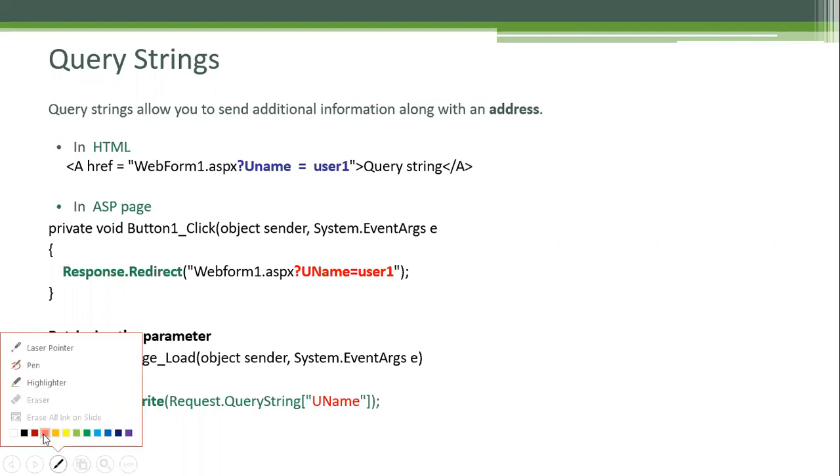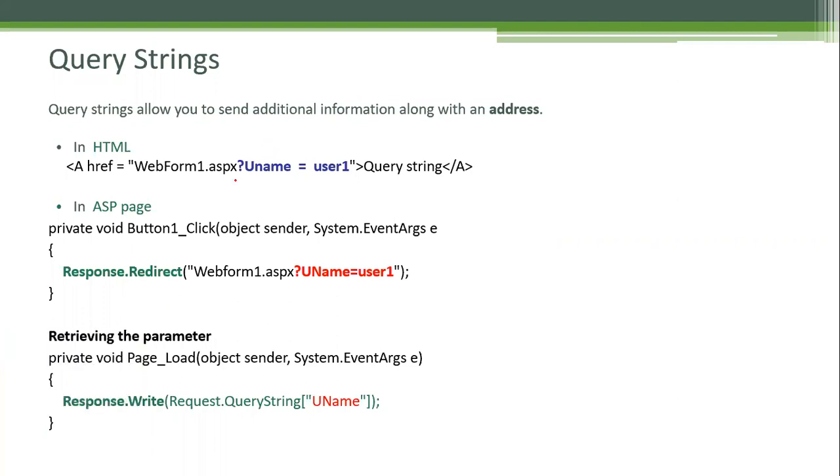So the values will be appended at the end of the URL like this. After the end of the URL, we have to give a question mark, then our key name and its value. If you have another value, you can give an ampersand, then you can give the key name and an equal symbol, then its value. This way we can send multiple values. It will be in the form of key and value pairs.